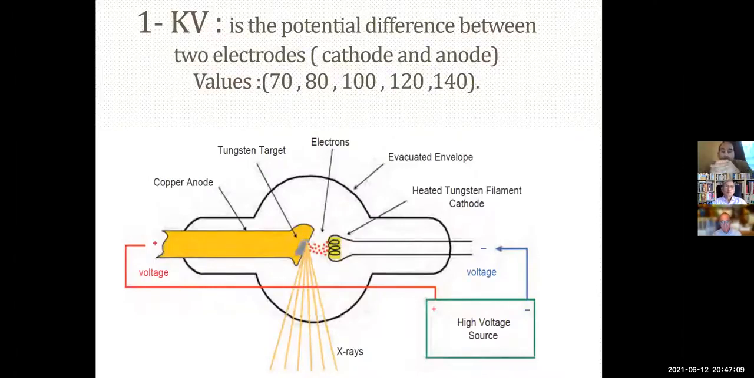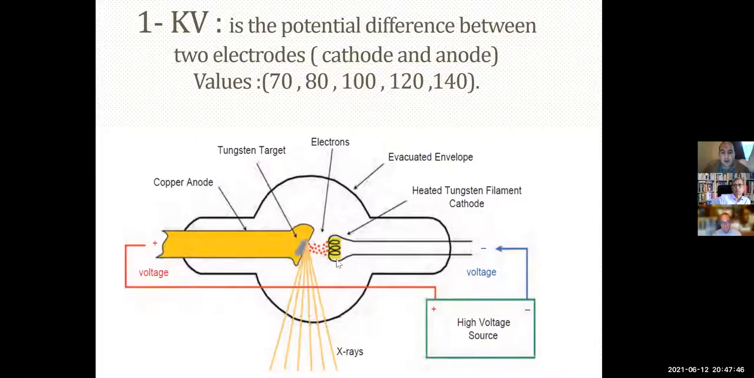Any CT machine, you will find an option to change the kV. kV is the potential difference between 2 electrodes, cathode and anode. You will find different values according to the machine itself: 70, 80, 100, 120, 140. So which kV will you select for the patient? If you want to scan a patient for CT brain, which kV will you select? If you want to scan a patient for CT abdomen pelvis, which kV will you select? So you have to know very well what the effect of kV is on the image quality, patient dose, and